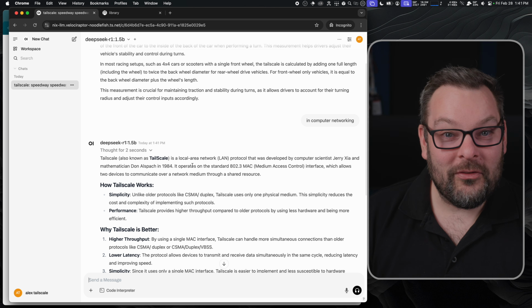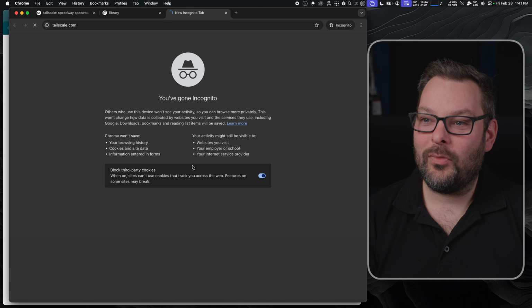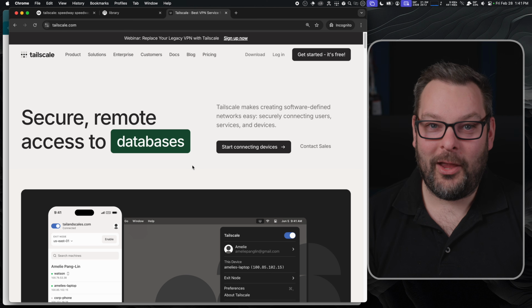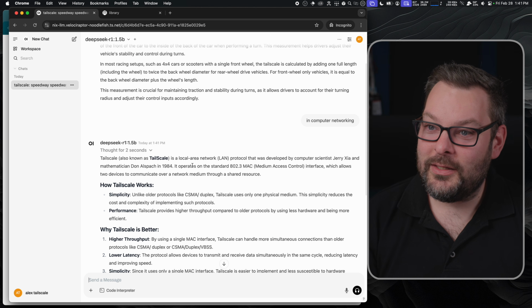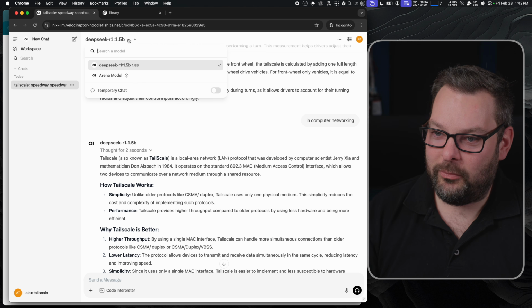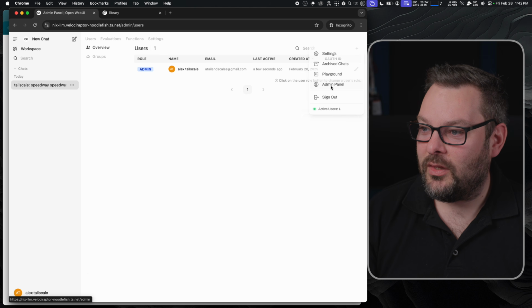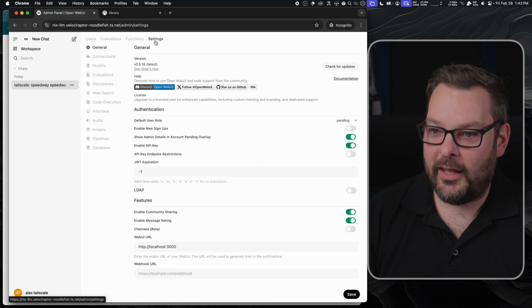No, that's not what Tailscale is, folks. You can go to tailscale.com to learn more about what Tailscale actually is and not rely on AI hallucinations. That is the downside to using some of these local models sometimes. But let's just see, just for the sake of argument, if I want to manage these models again,